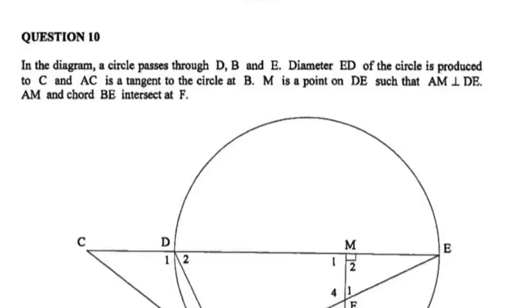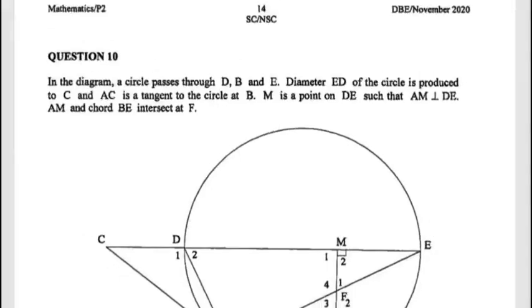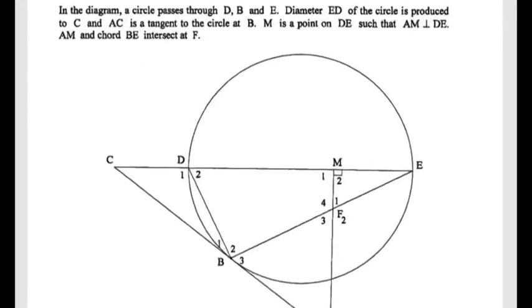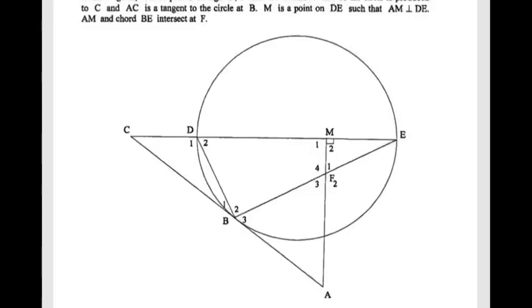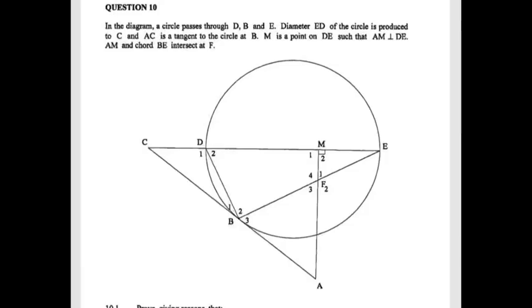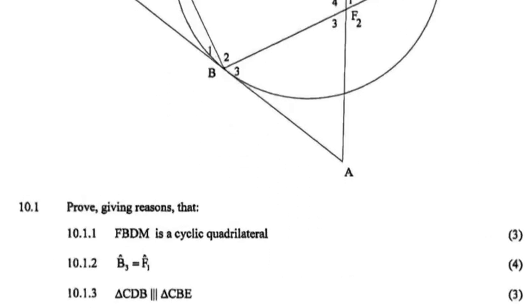AM and chord BE intersect at F. This is the information on the sketch, and the first question, 10.1, says prove, giving reasons, that